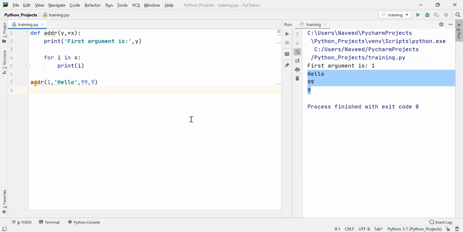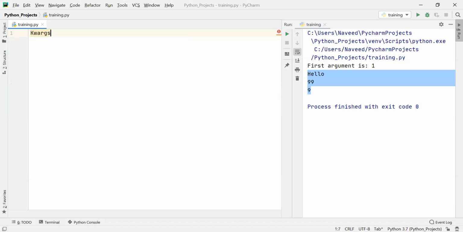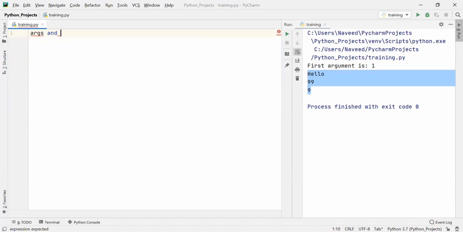Now coming to kwargs, what do you mean by kwargs? Okay, so we call it as kwargs, K-W-A-R-G-S. Okay, we have two things, args and kwargs. Okay, now we have already seen what is args. Now what do you mean by kwargs? See, kwargs